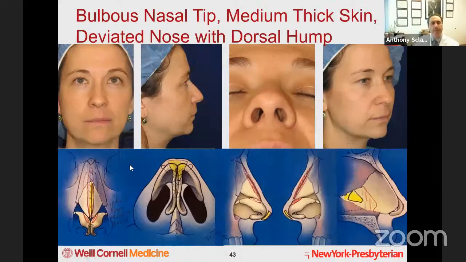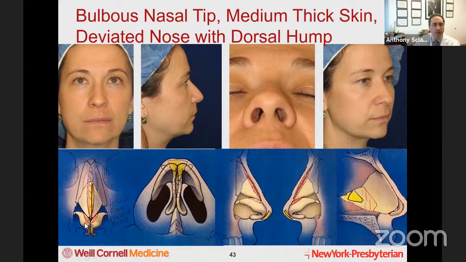That's not going. Sorry. Different patient, not that different a tip, but thinner skin, rounded. This is truly a bulbous tip. Deviated again. Dorsal reduction, okay. Spreader graft on one side, on the concave side, just to try to even her out. Medial and lateral osteotomies, conservative cephalic strip,